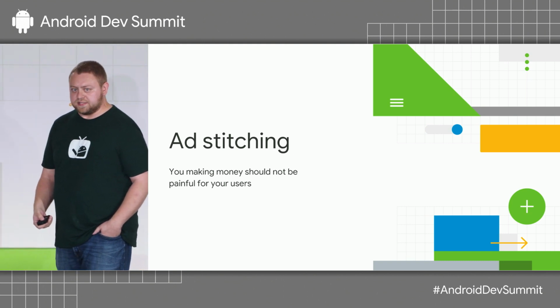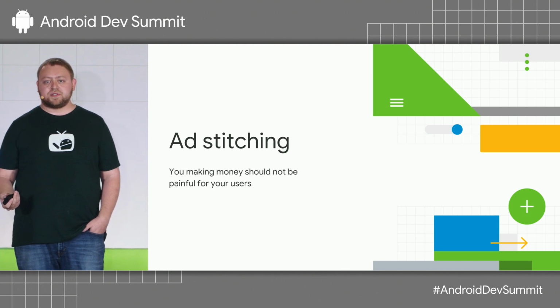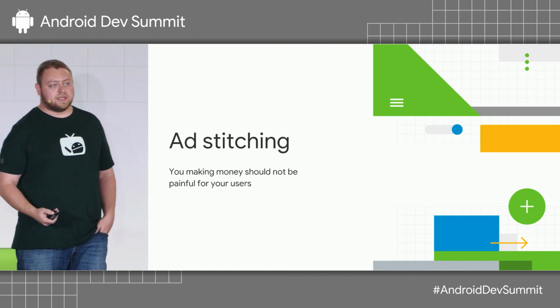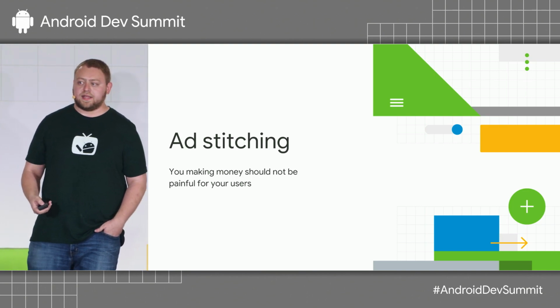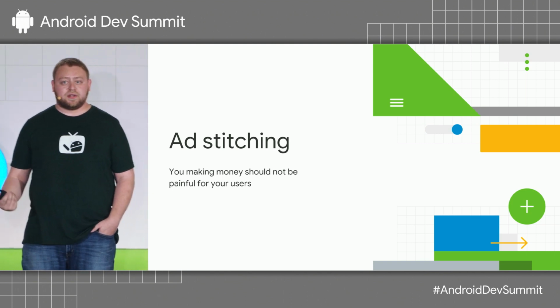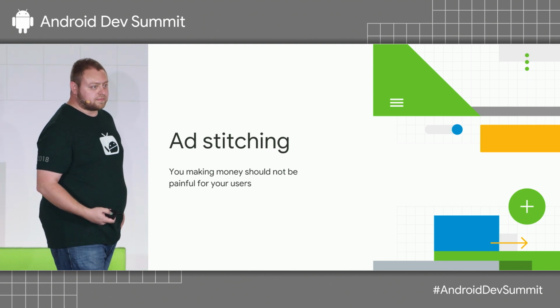But let's talk more about ads. Ads are important. Your app's going to make money from showing ads. So in a sense, ads are just as important as the content shown and displayed to the user. So focus on ads. Make sure that ad stitching works. Whether you should do it server side or client side, these are real considerations you should make for your app.